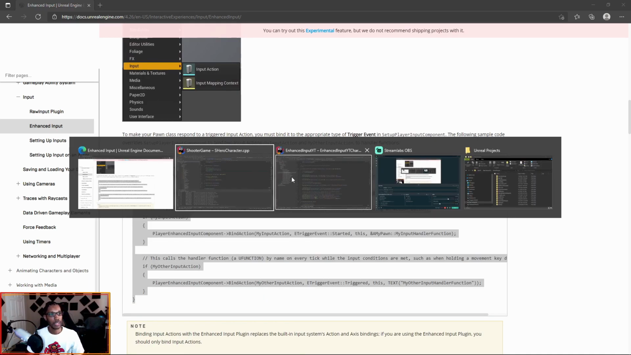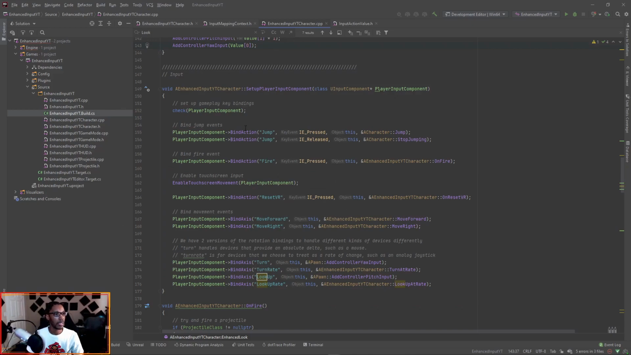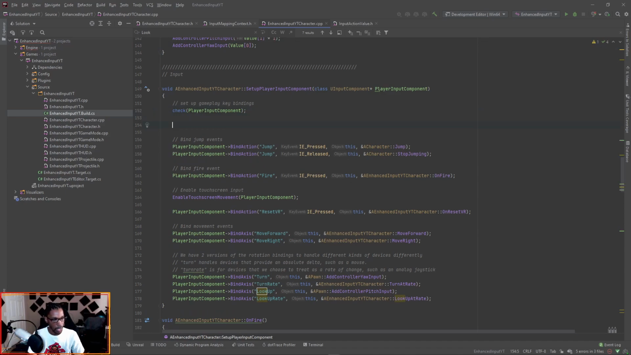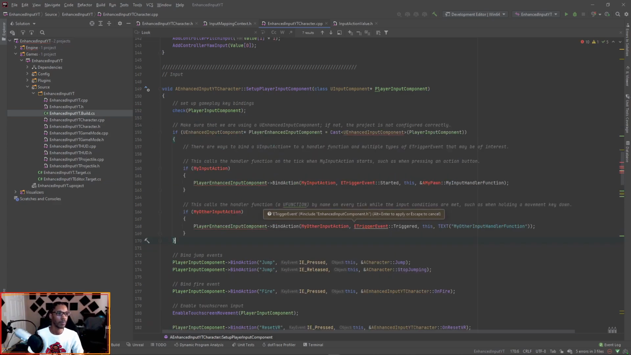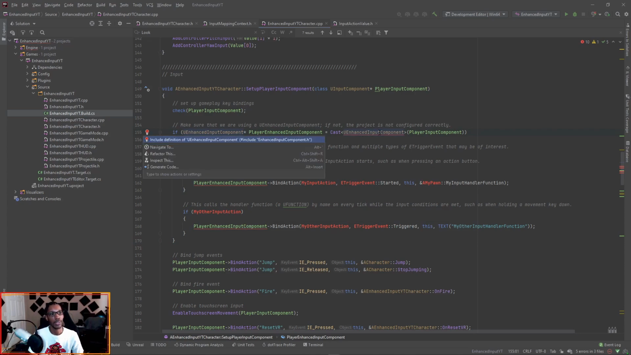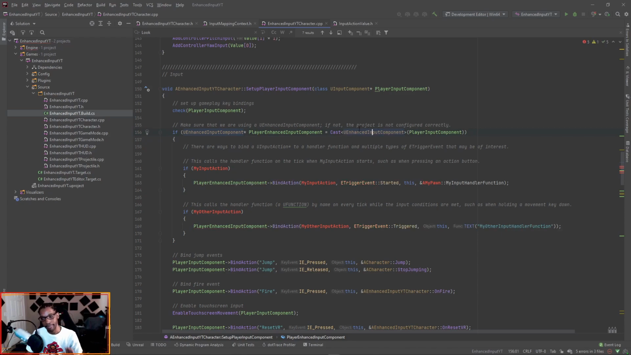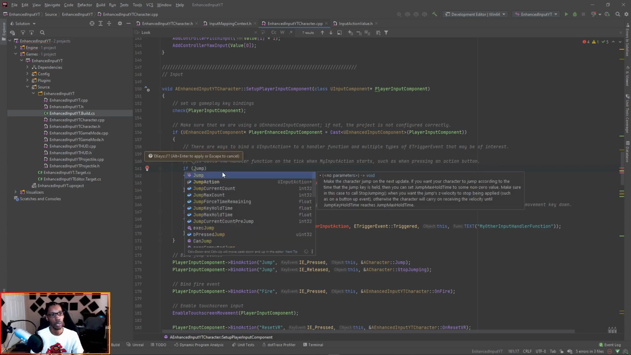So go back to our class here inside of the CPP, and we can just go right underneath the check player input component, and press Control V and paste that code. And this is not a complete class. We need to include it. So Alt Enter and include it, or if you're not using Rider, however you find out the includes, go ahead and do that. So we're getting errors here because this input action needs to be our jump. Let's just start with the jump action,